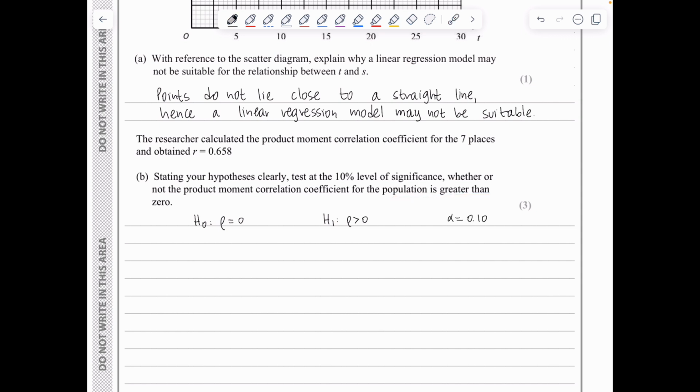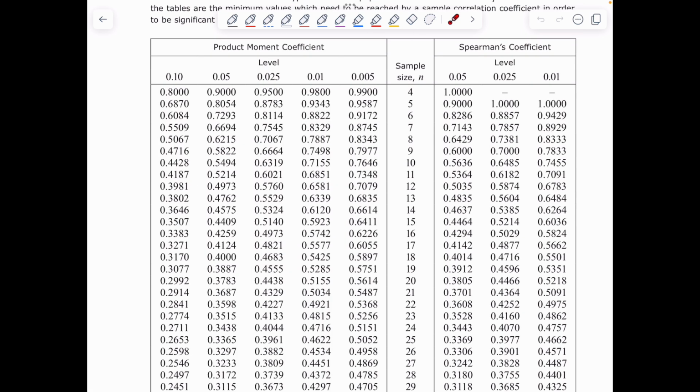We have seen r to be 0.658 from 7 observations, so n is 7, and we need to find the critical values. I'll go to the tables of critical values for the product moment correlation coefficient provided in the formula booklet. I will go at a sample size of 7. I go to the left-hand side. At the 10% mark, I read off the critical value of